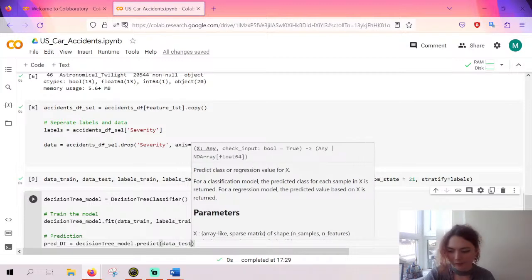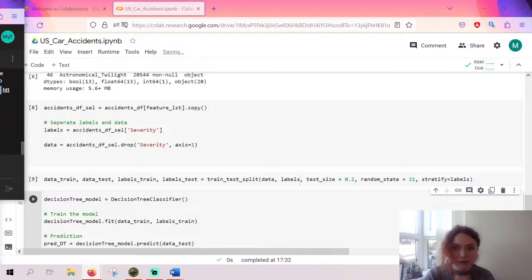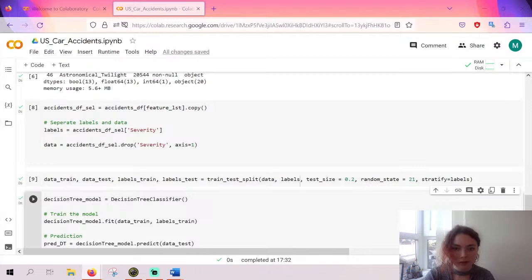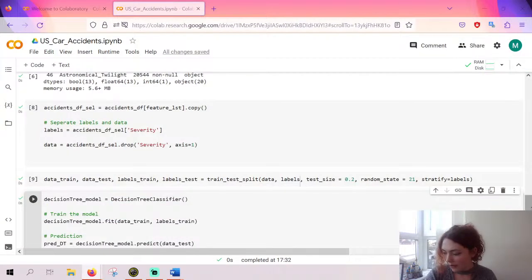Data_test. Okay, let's run that to make sure that works. Okay, so far so good. So far no break. That's good to see. And then, once you've done that,